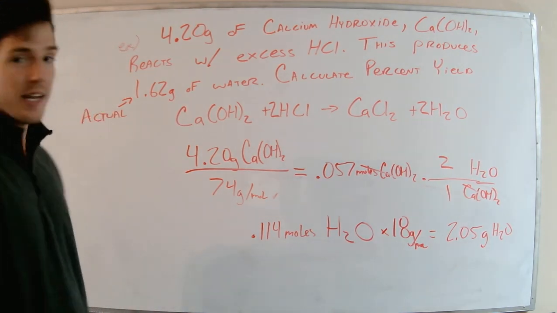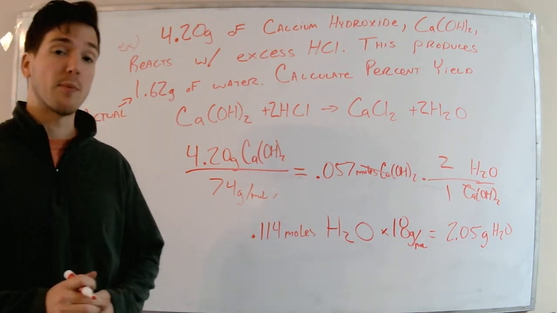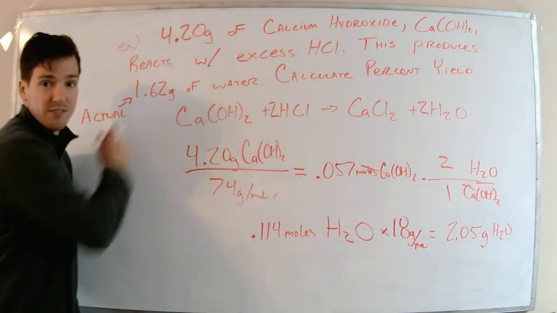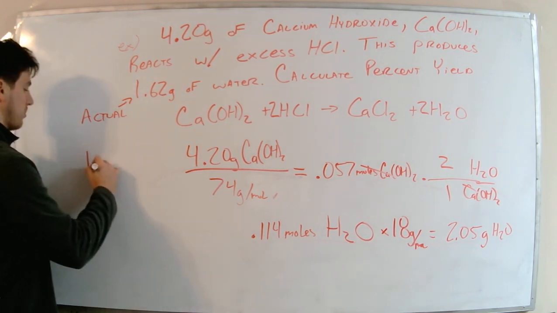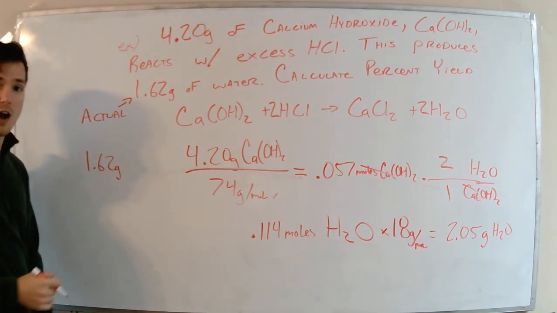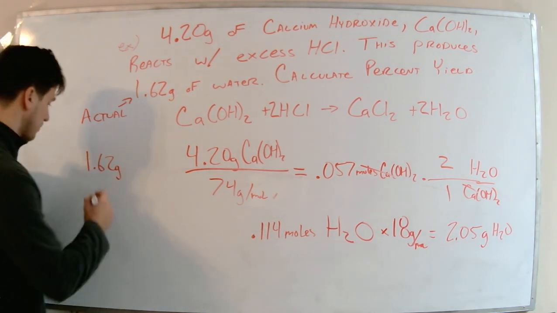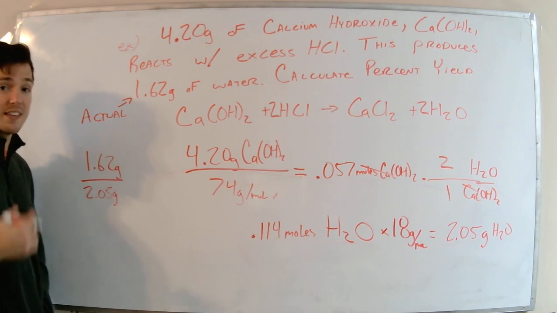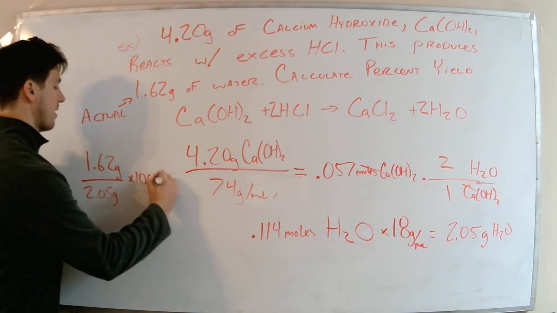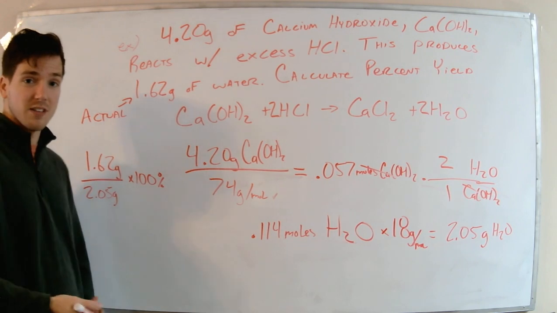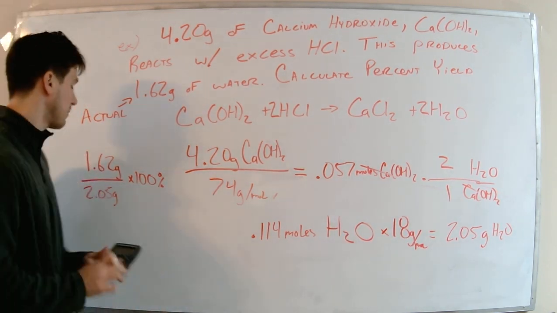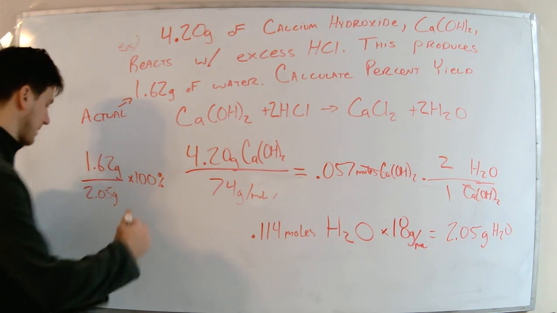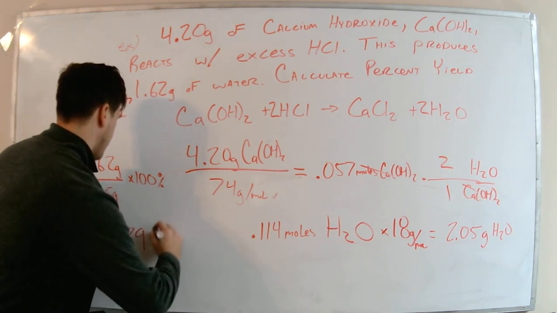All right, so now let's find out our percent yield. Remember, our percent yield is actual over theoretical. So our actual, we identified at the beginning as 1.62 grams. Our theoretical, we found from stoichiometry, which was 2.05 grams. And then, remember, we must times by 100%. This is percent yield, it's not fraction yield. Okay, so we times that by 100%. And we got 79%